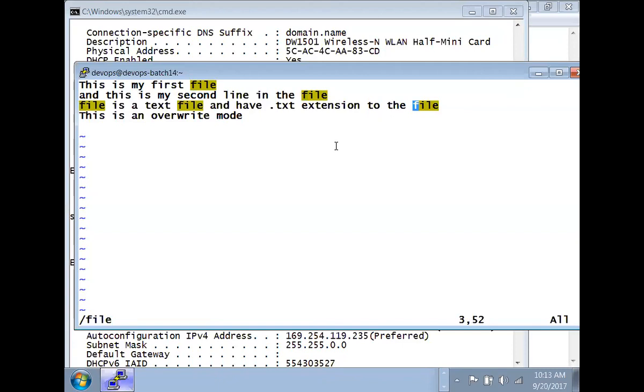Now if I press next, what will happen? It will again go back to the first. It's like a round robin. So now I will press next and what does the bottom line say? Search hit bottom, continuing from top. So automatically it will go up and start searching again. Is that clear?